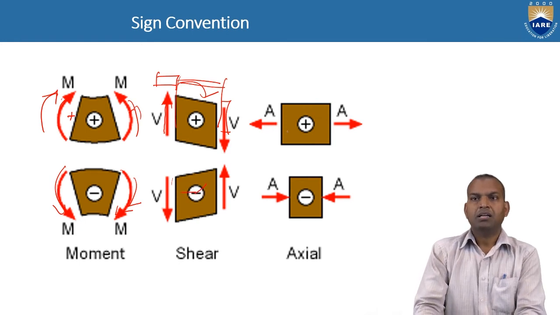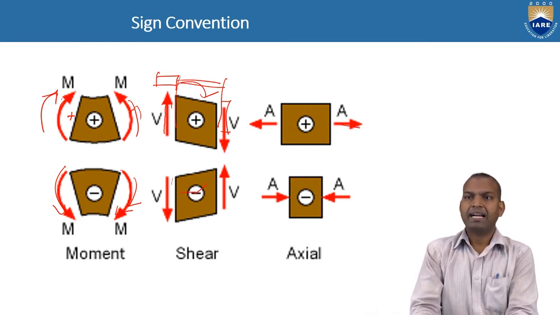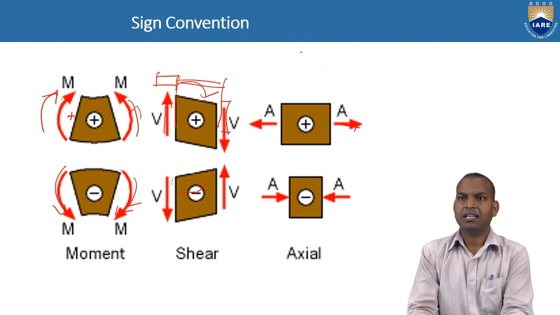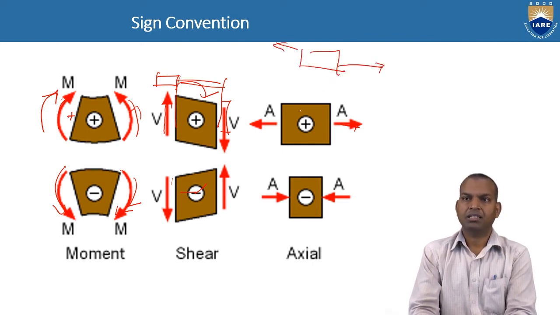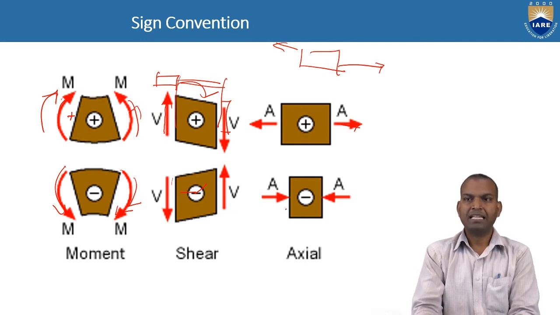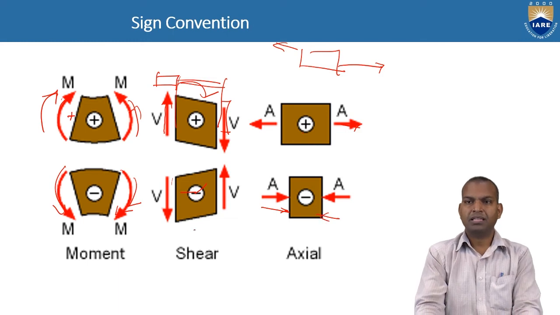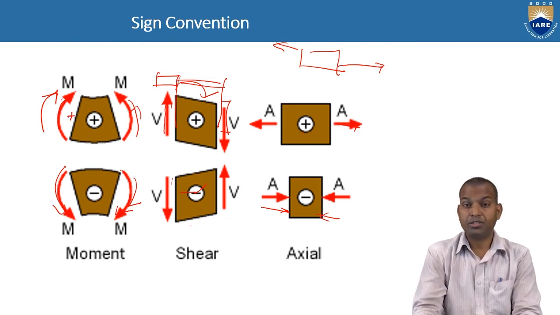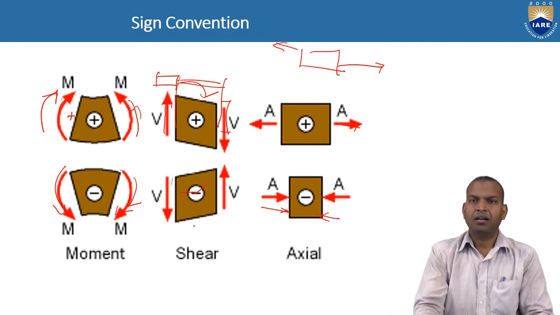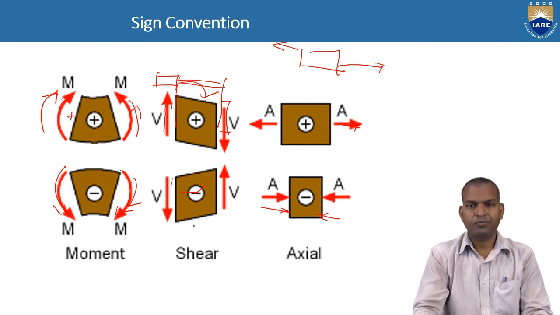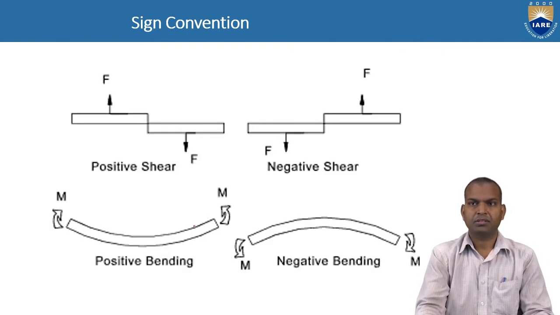Now here, a tensile force is acting on the body. Tensile. There is a beam, and the load is acting in the tensile direction. Then it is the positive force. If it is a compressive force, compressive means towards the cross section of the beam, then that compressive force we have to consider as negative. These are the three sign conventions for shear force, axial forces and moments.